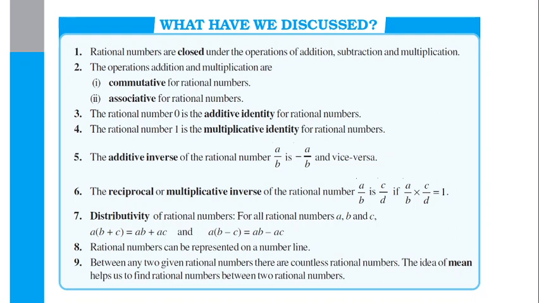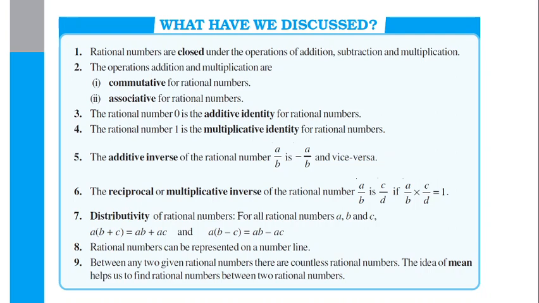Same way for multiplication. If I have been given 13 and I want 13 as the answer, how can I get the same answer by multiplying by what? I can multiply by 1, or I can multiply by 0? Of course not 0, because multiplying by 0 will give us 0, but multiplying by 1 will give us 13 on the answer side. So 1 is nothing but the multiplicative identity. So remember the fourth point also.